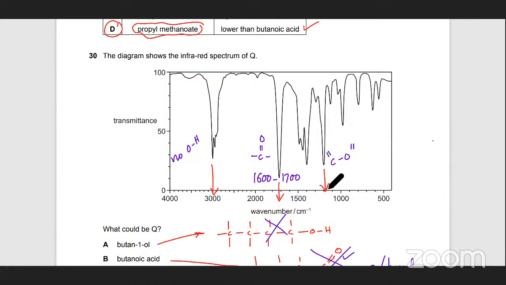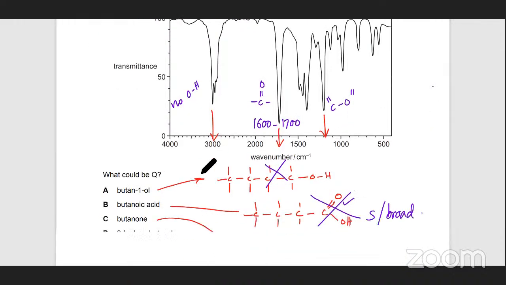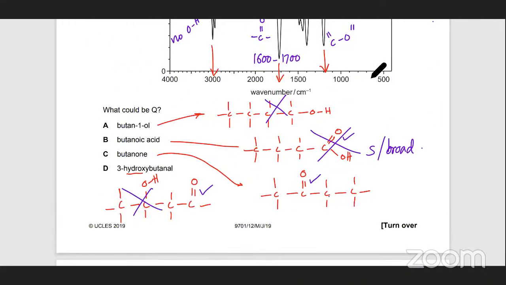This one, because there's this absorption around the 1200 mark. So if there is a C single bond O, this one is kind of doubtful, because remember the frequency absorptions are not always exactly where they should be. They always have a range. Now the problem is if you want a C single O in it as well, you would have to get rid of this. I mean, this doesn't have a C single O. This one has a C single O. I mean, it has both things. So I need to go back to this